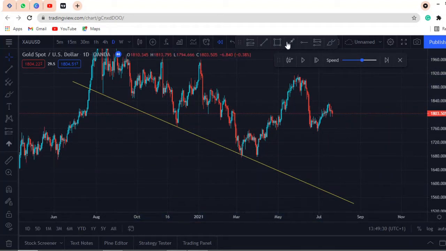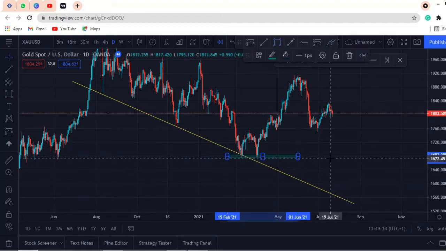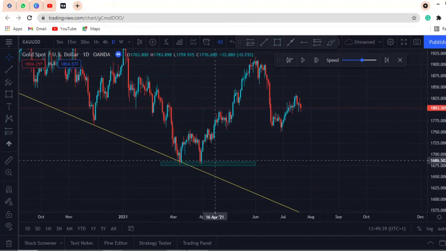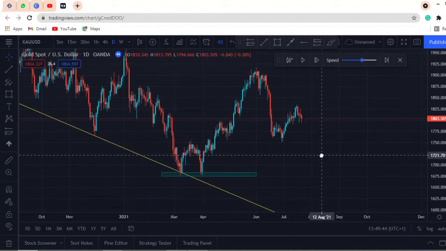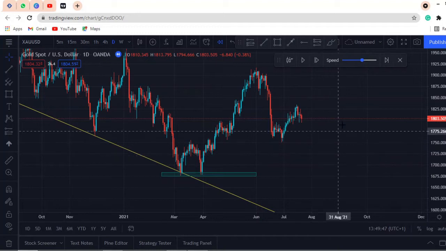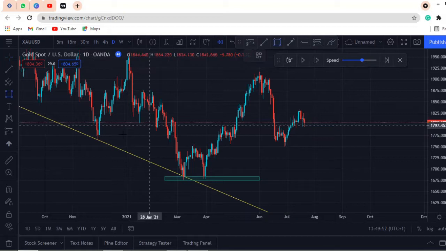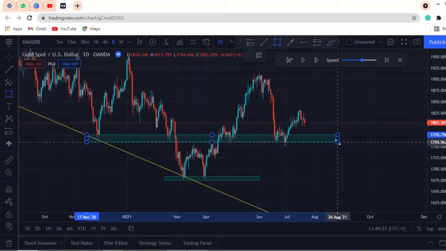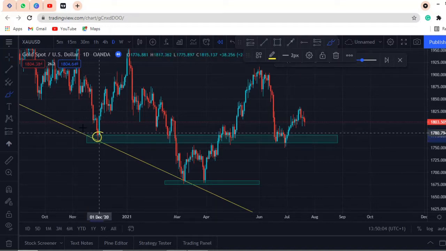When gold got here, this was a very beautiful one. If you could have gotten here, you could have captured so many pips, because when gold reached here, it made a double bottom. All this move was supported by this double bottom. Then there's also another zone here. If I draw the zone here, you see that gold came here, was supported, then it went up